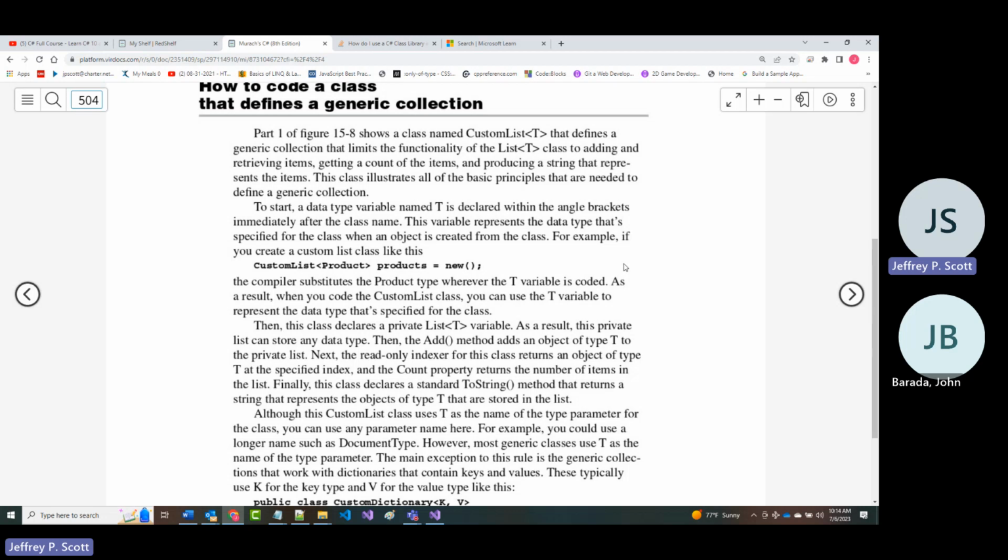Well, it sounds like, at least from what I can see here, one of the things it does not allow is the removal of items. All right. So when you come in and you create your own generic collection, you are in charge over what it can do. Now, if that confuses you, it really and truly shouldn't.